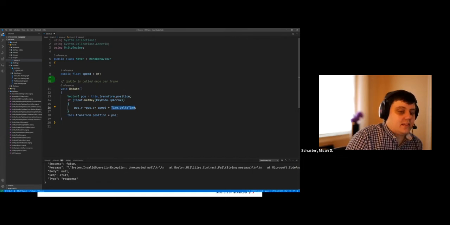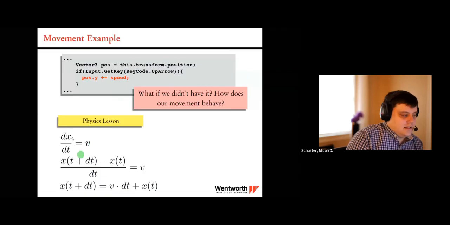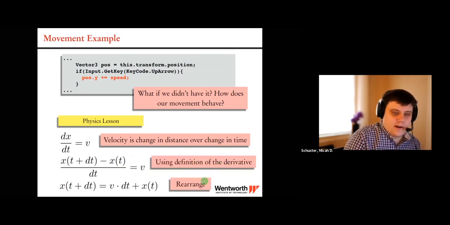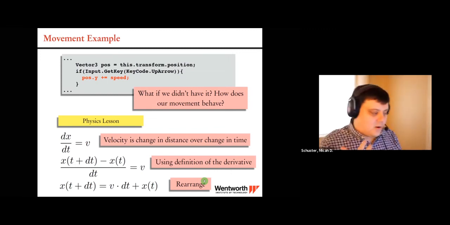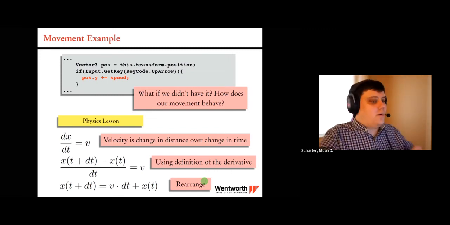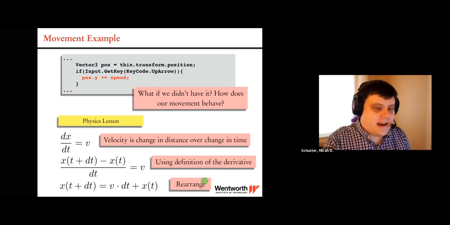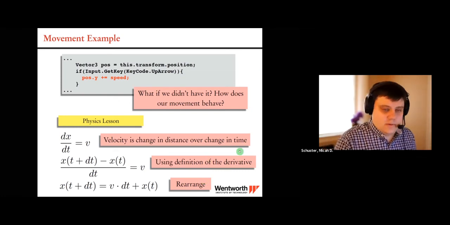So that's all I've coded. I've coded the solution to this differential equation. A change in position over time is velocity. That's all I've done here. That's the equation that I'm using. So velocity, change in distance over change in time, using the definition of the derivative, rearrange it. We have the equation for figuring out where we are going to be in the future based on our speed and what our position is right now and how much time has gone by, which for us is just